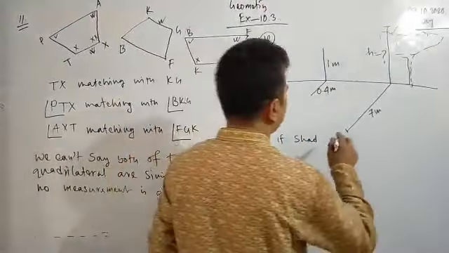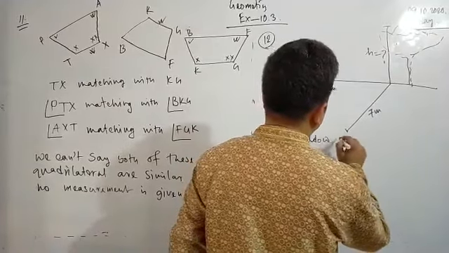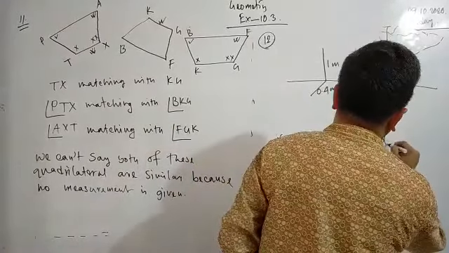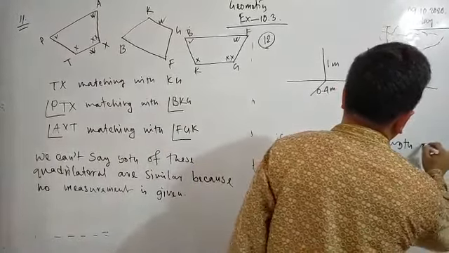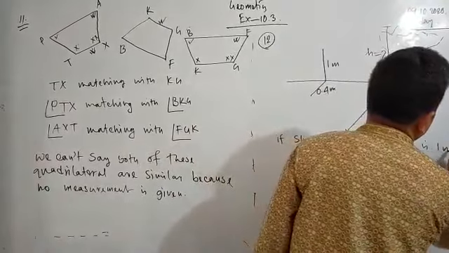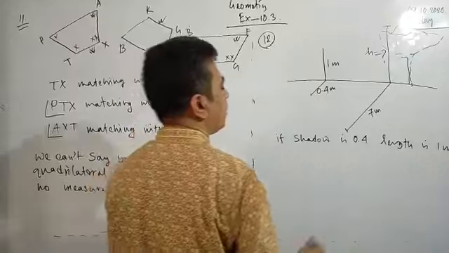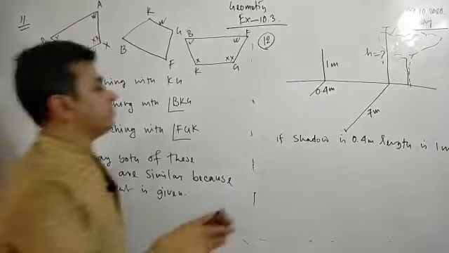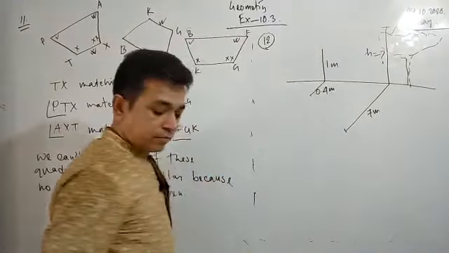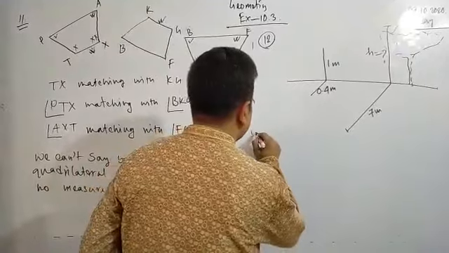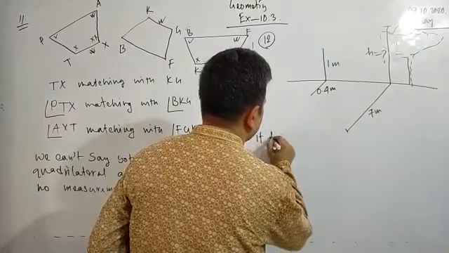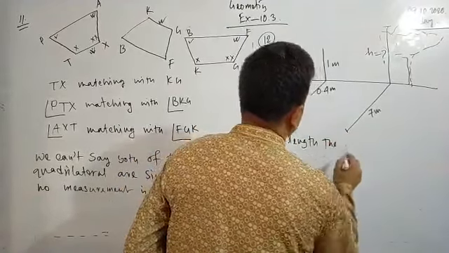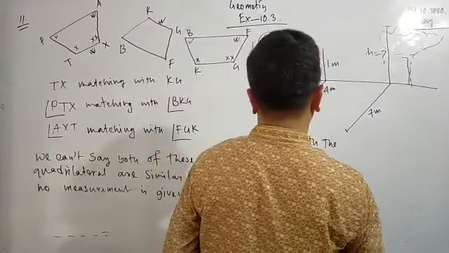Okay, if shadow is 4, so length is 1 meter. If shadow is 0.4 meter, okay, I'm writing again. I'm just taking it little left. If the length of the shadow